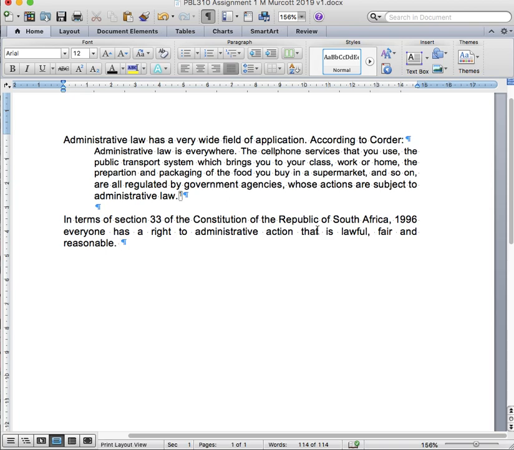Now, if we want to refer to the Constitution again, for example, we want to refer to the provisions dealing with the public administration in Chapter 10, then the second time we use it, we refer to it slightly differently. So in Chapter 10, in section 195, there are a number of values and principles that govern the public administration. And I'm going to mention those in a sentence. So I'm going to say,